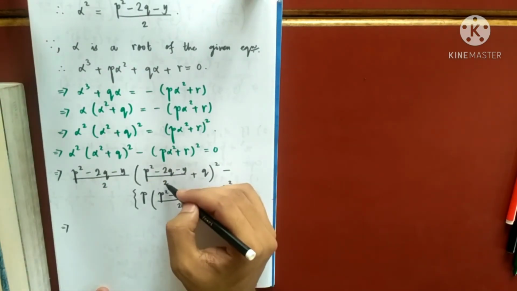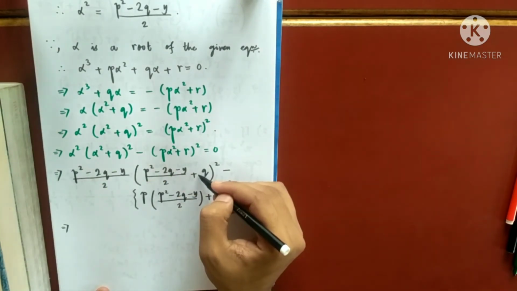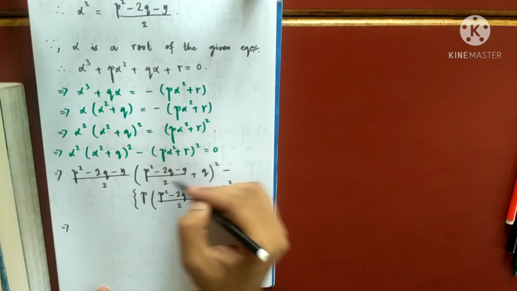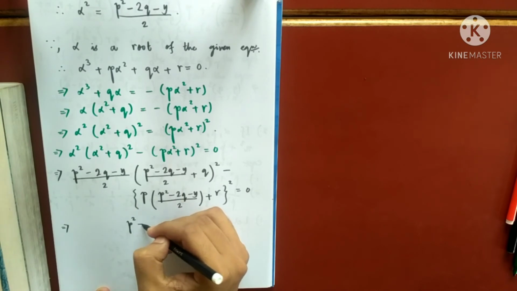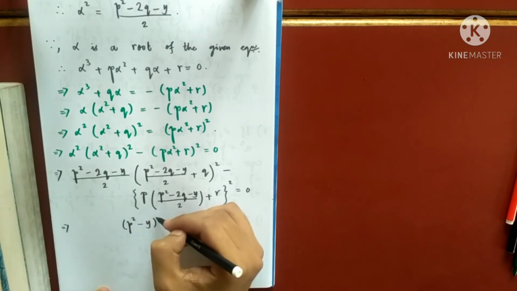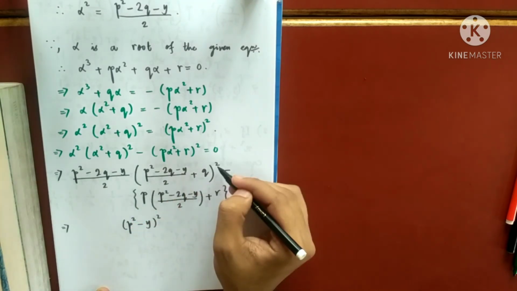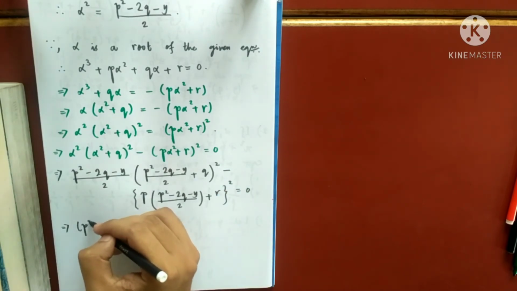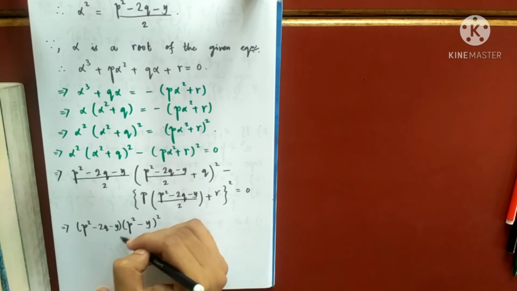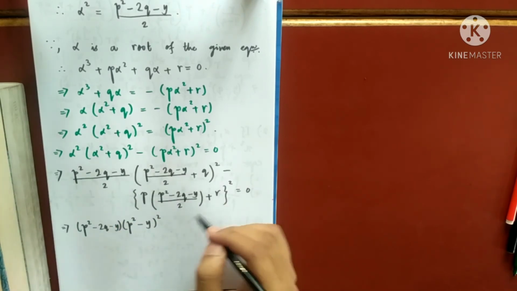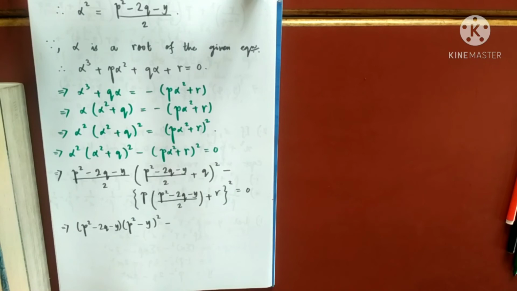You see, if I take LCM here, this will become 2q, this will become 2q, and 2q minus 2q will get cancelled. So here I will remain with p square minus y whole square by 4, because 2 square is 4, and here I have p square minus 2q minus y. So eventually it is by 8. 2 4s are 8, okay, minus,